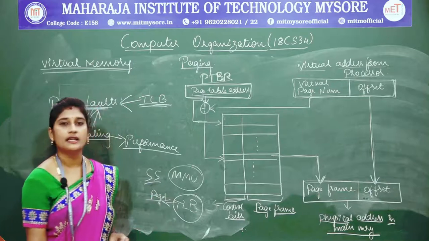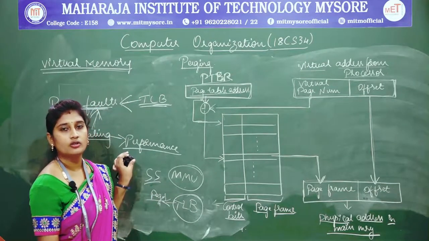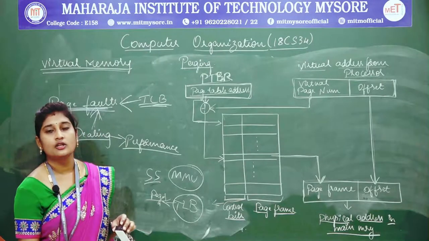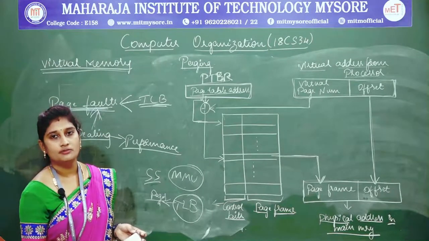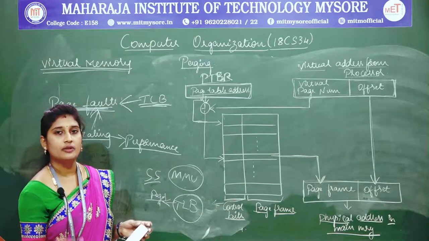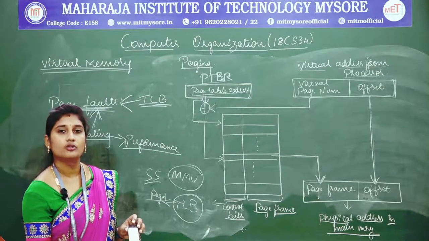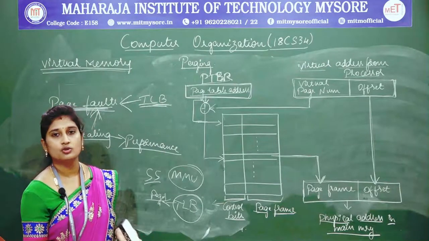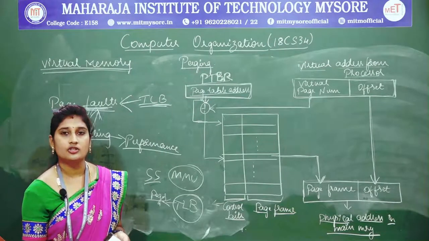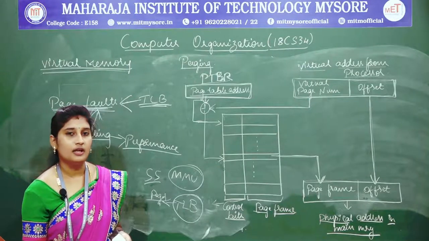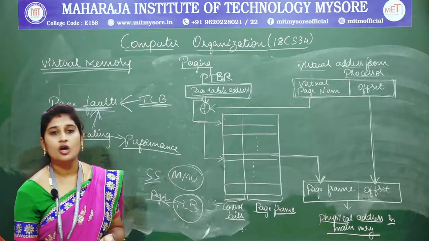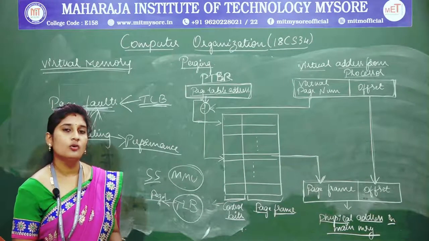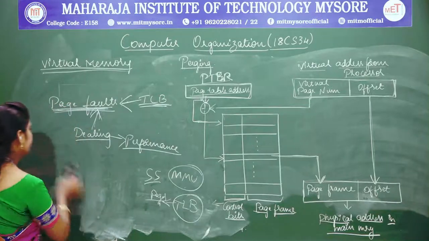If a page is not present in the TLB, a page fault occurs. To deal with page faults, I halt the execution and switch to the next execution. Once I find the page, I resume the halted execution of the program. Fine. This is what it is all about the virtual memory system. Understood? So moving on to the next topic.